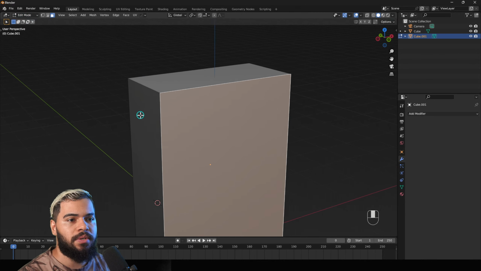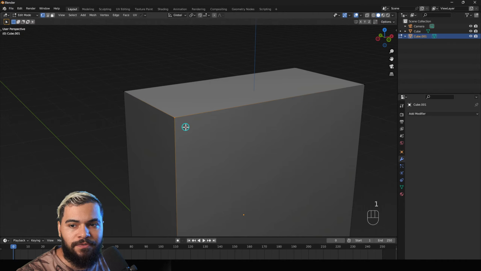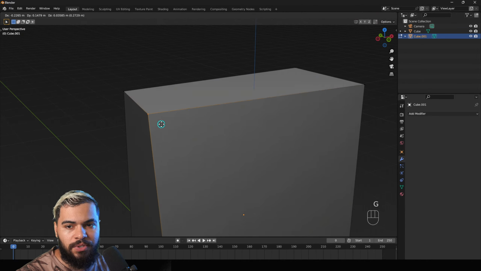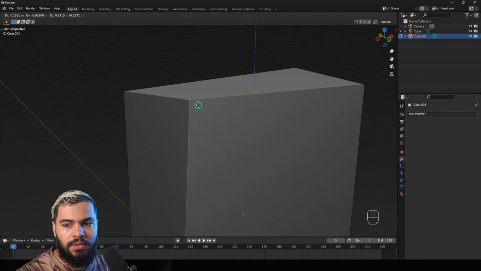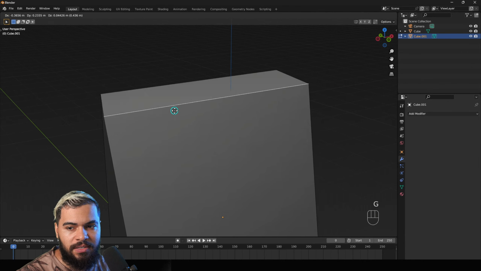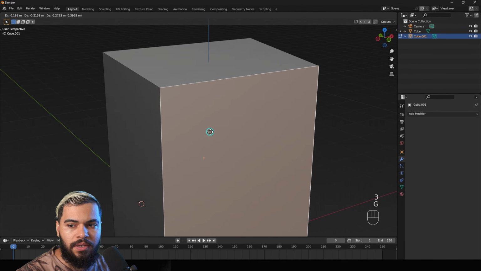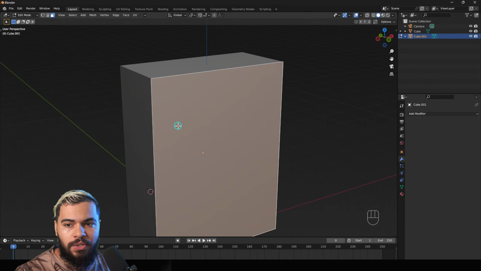Edit mode. I'm going to use 1 for the vertex, which is this one, 2 for the edges, which is related to these lines, and 3 for the faces. Simple like that. We don't want to complicate this, okay?